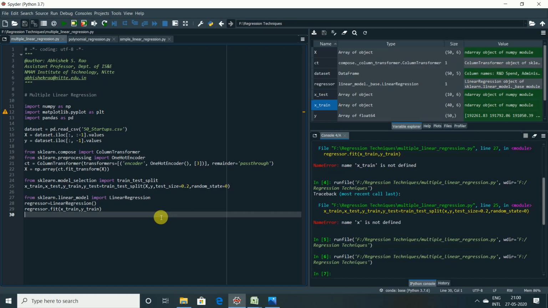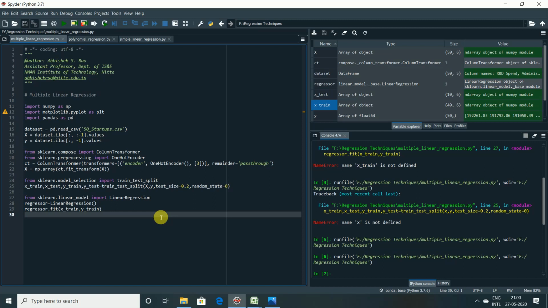So instead of visualizing the test set results on a plot, we will display two vectors here. The first one is a vector of real profit in the test set, and the second is a vector of the predicted profit of the same test set, so that we can compare, for each startup of the test set, whether the predicted profit is close to the real profit or not. So we will have an array of values and keep comparing it one by one instead of plotting it visually.